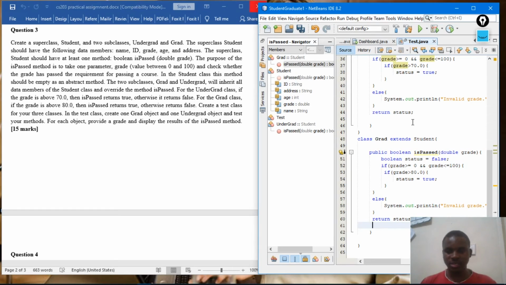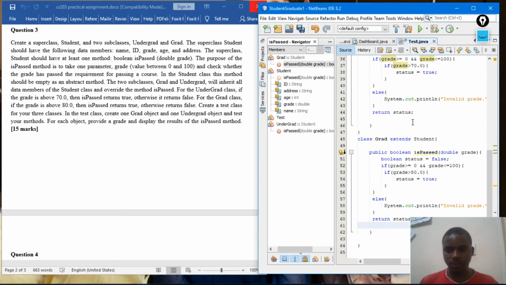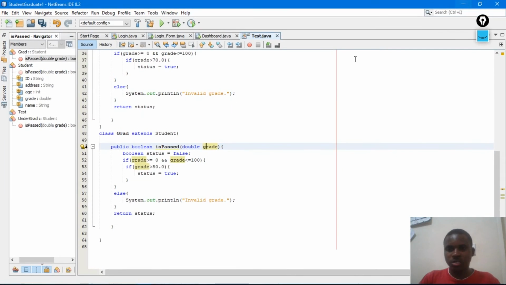Then I'll test the isPassed method if it is working correctly, and after that I have to display, I have to pass a value here on this grade, and then I have to display the output, if it is true, if it is false. So that's the requirements from this statement.